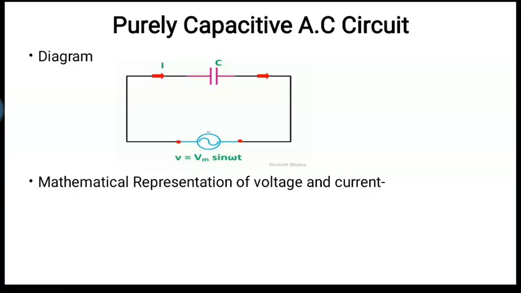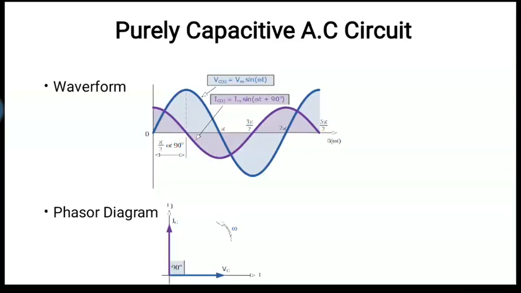So again you can see the diagram consists of only a capacitor. I told you what will happen here. Will current be leading or lagging? In inductive it was lagging. Here it will be leading. So see the waveform. Who is starting from the top? The purple one, right? Purple is nothing but the current waveform. So current is leading here, right? How much is leading? 90 degree. And who is lagging? Voltage is lagging, right? You can simply see the diagram and you will understand now.